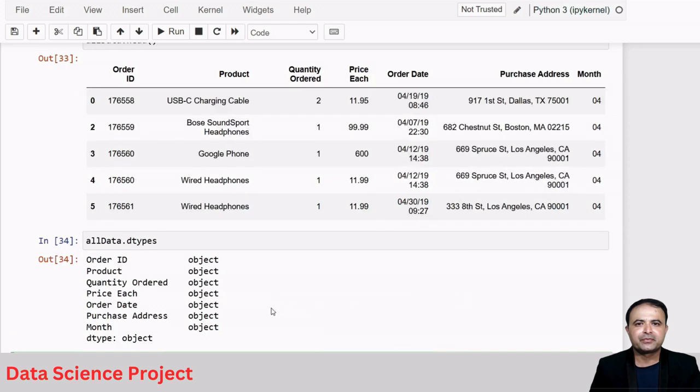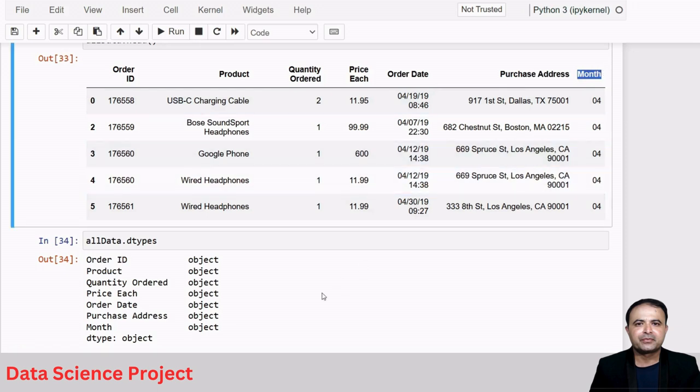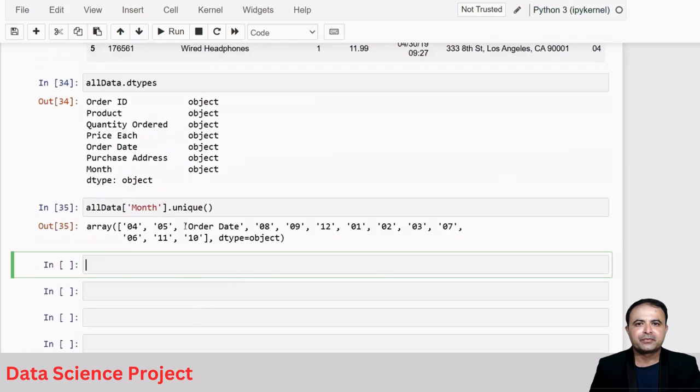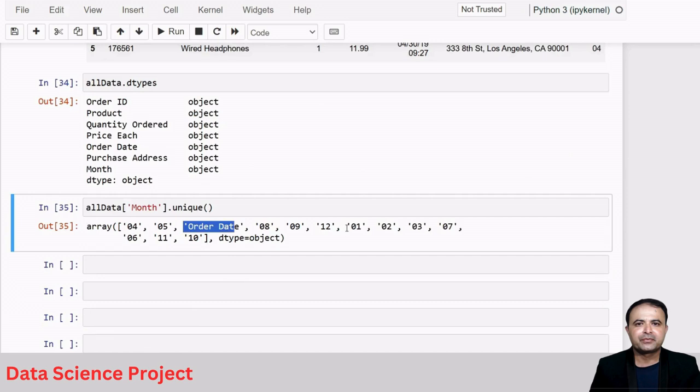Now all are objects, and now I want to check all the unique months. So there are some values that are not perfect. Order date is wrong. So in that situation, we want to again